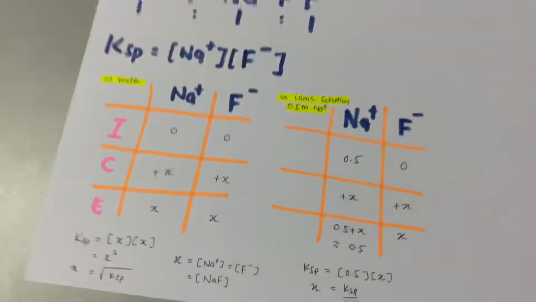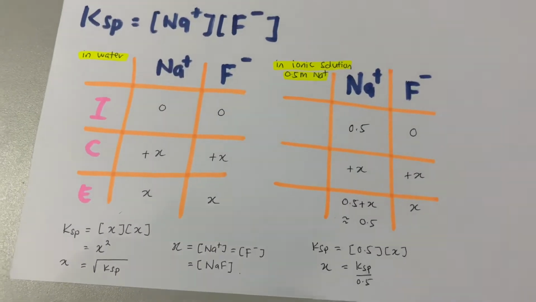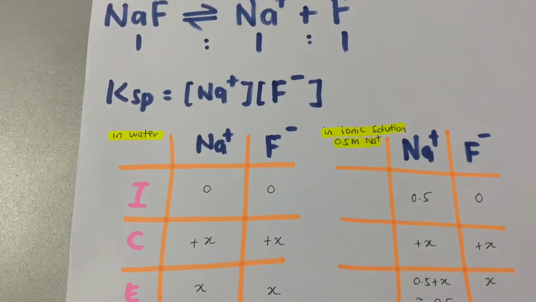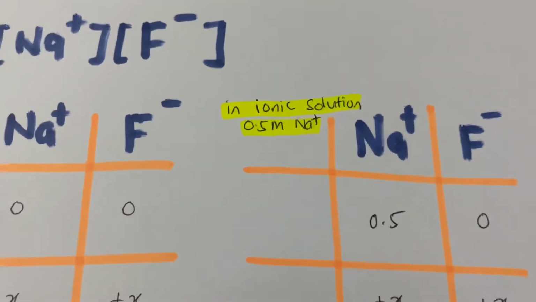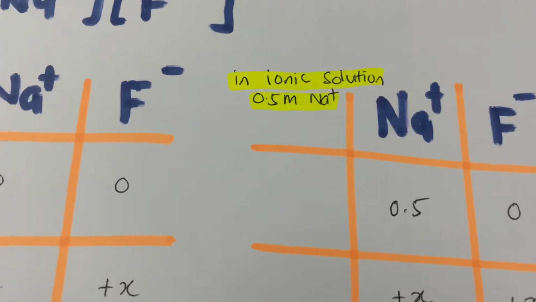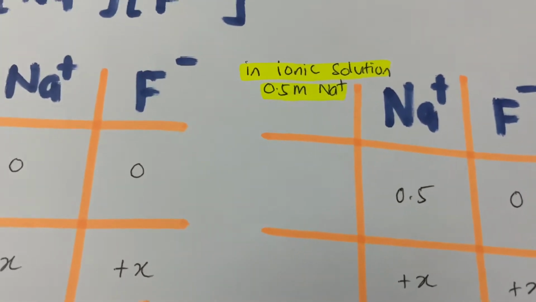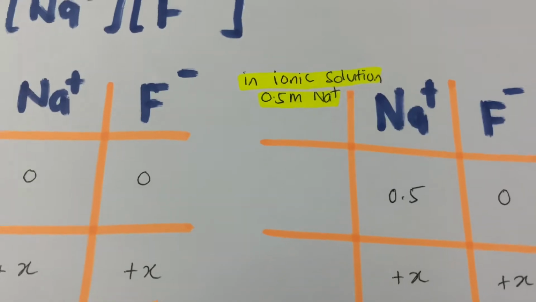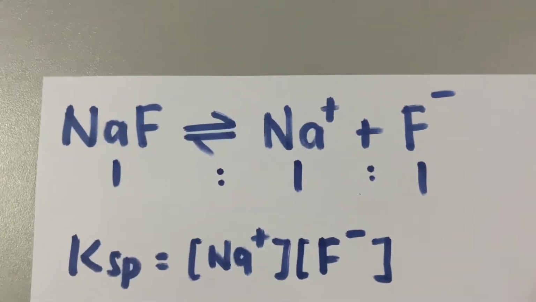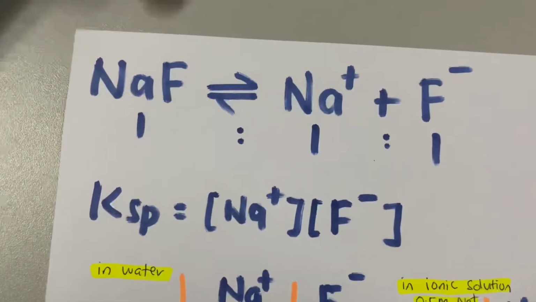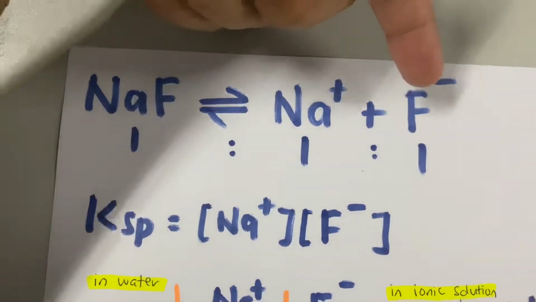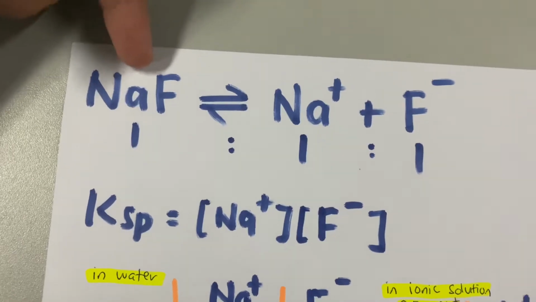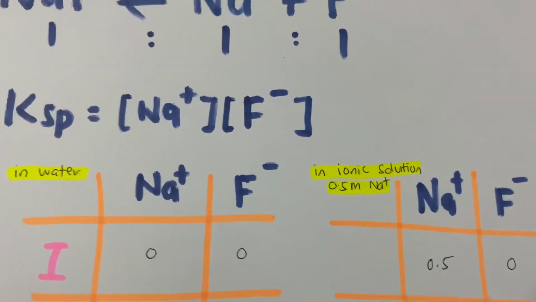Okay, we look at common ion effect. So what actually is common ion effect? A common ion is a pre-existing ion in the solution. For example, here we will use an ionic solution of 0.5 molar Na+. What it means is that the ionic solution already has 0.5 molar of sodium ion. If we look at Le Chatelier, this is the normal dissociation of NaF into sodium ion and fluoride ion. But if we dissolve sodium fluoride in 0.5 molar Na+ ionic solution,